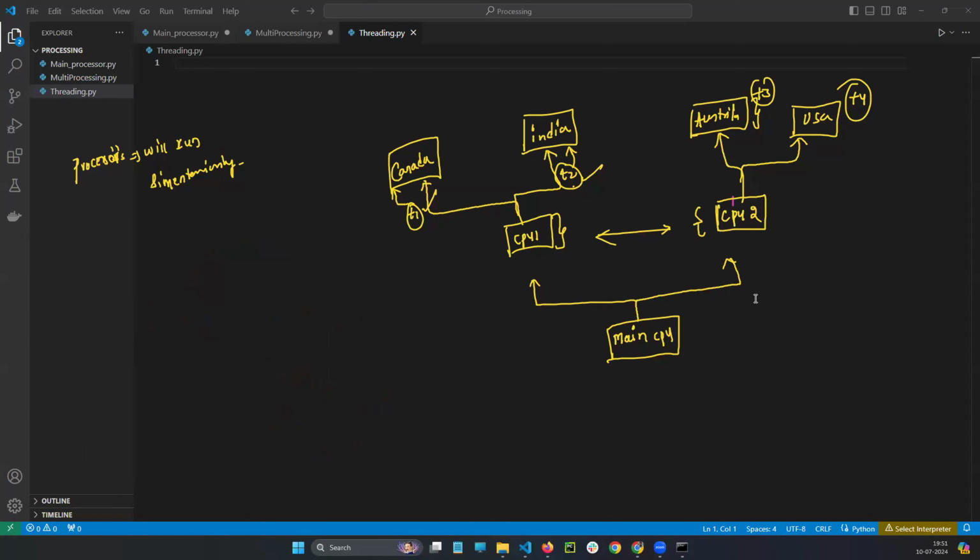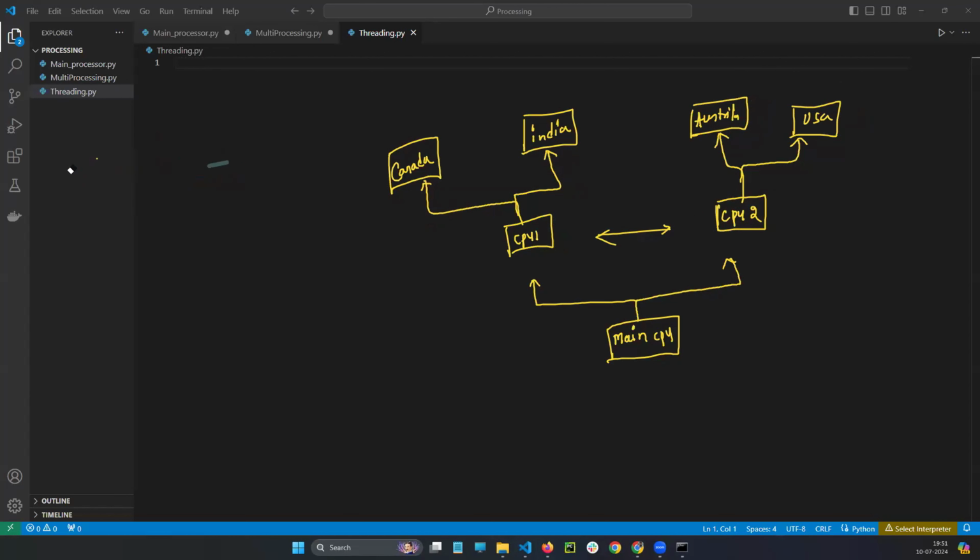Okay, this is what a thread is. A thread will run a function. You can ask me, sir, why can't we run it directly? See, here is the logic. You need to ask why you are creating a thread here, what is the purpose of thread. Don't create the thread. As you mentioned, like CPU1, CPU2, two CPUs, two different functions.